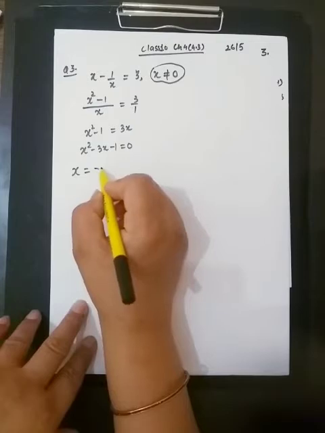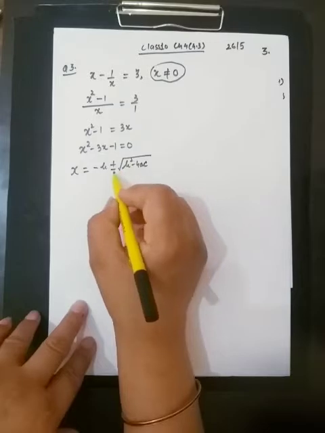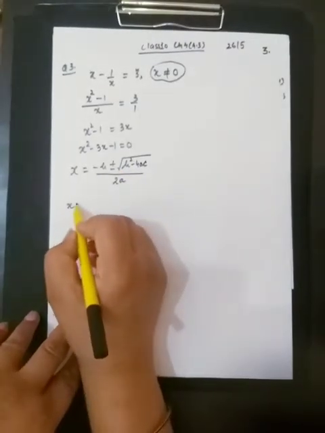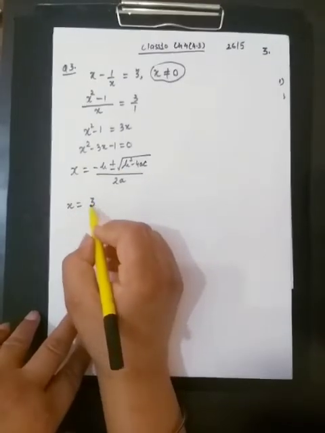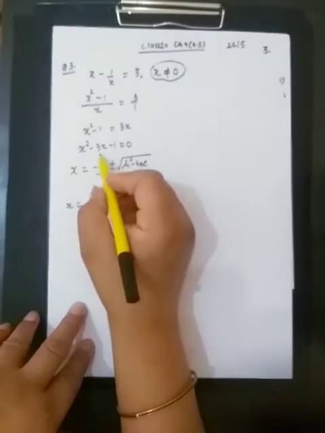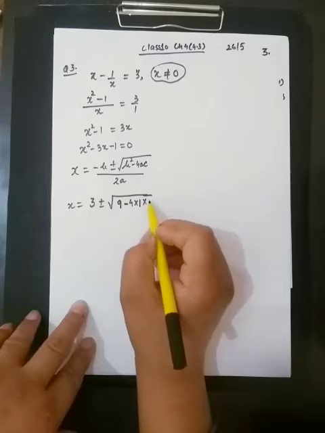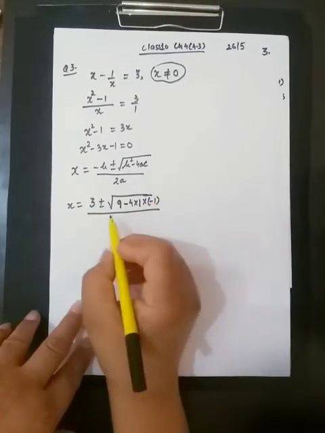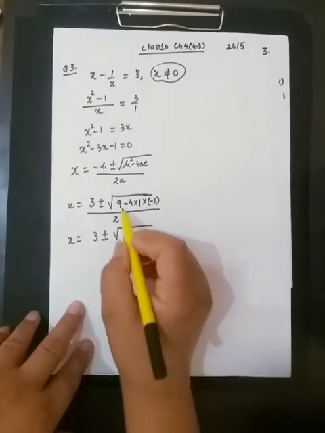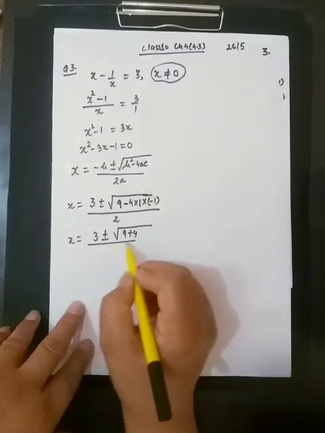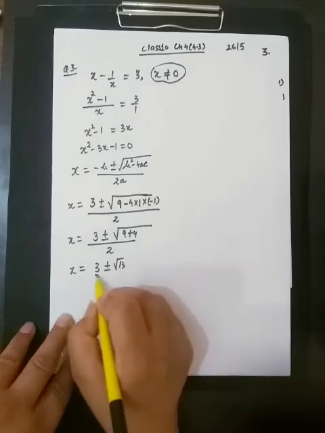So x is equal to minus b plus minus b square minus 4ac under the root divided by 2a. So x is minus b means negative is there and you have to put negative sign. So it will become positive. And square of minus 3 is 9. Minus 4 into a is 1 and c is minus 1 and it will be 2. So we get x is equal to 3 plus minus 9 plus 4 by 2. X is equal to 3 plus minus root 13 by 2.